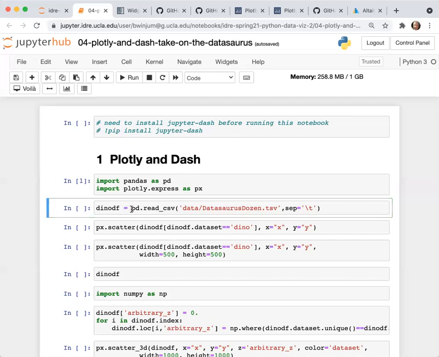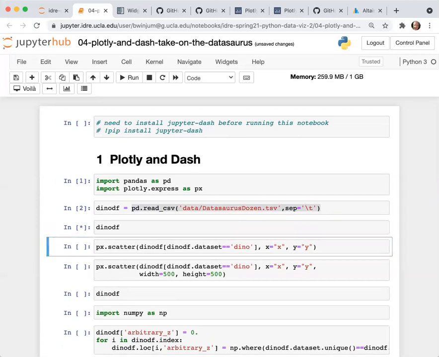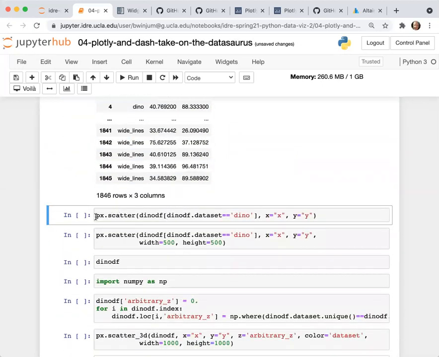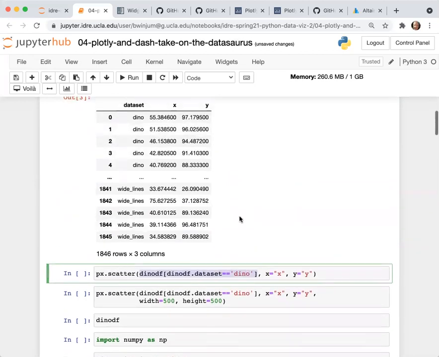And then this is the same data import command that I had, just assigning the datasaurus dataset to the dyno df variable. So this is our datasaurus dataset. And then with px, I'm going to call the scatter function. I'm going to pass in the data frame, which is just consisting of the data points that have the dataset value equal to dino. And then in addition to the data we're going to plot, I specify what the x value is, which here is just the values in the x column. And the y values are going to be what's labeled here as the y column.